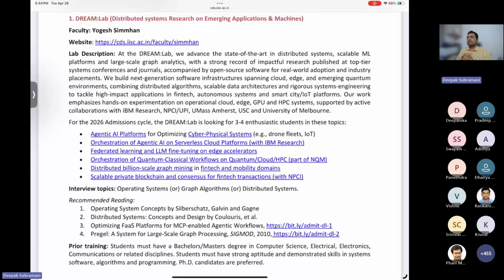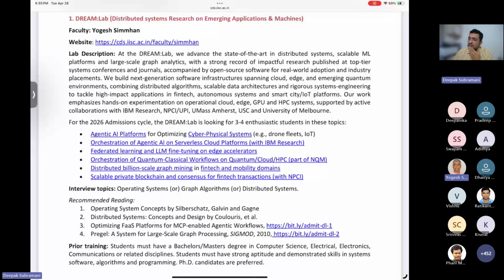Sure, absolutely. Perfect timing. Thanks a lot, Deepak, first of all, for setting out the lay of the land for the students. Our lab broadly works on distributed systems, looking at how you can scale problems, algorithms, and platforms to make use of distributed hardware, everything from cloud computing to distributed accelerators to edge accelerators, running anywhere from a few dozen to a few hundred clouds and containers. We primarily work at the interface between the hardware and the application: the software middleware runtimes and the distributed algorithms that help make this happen.